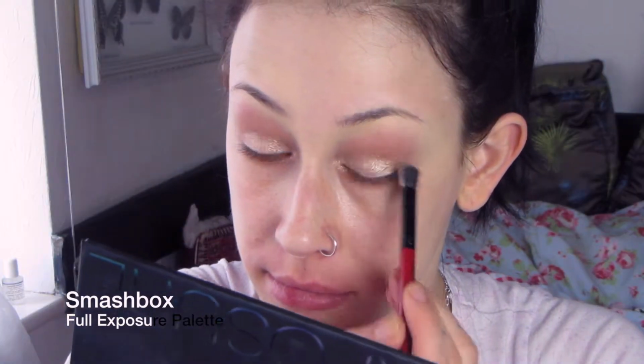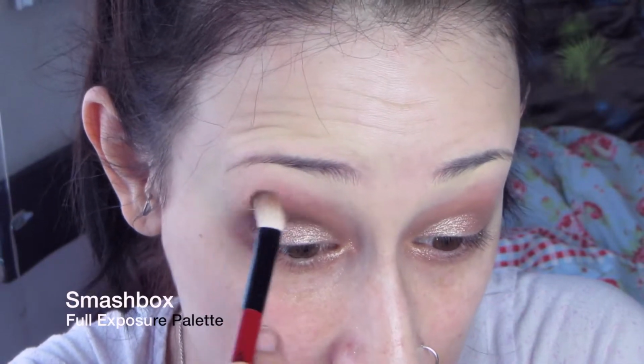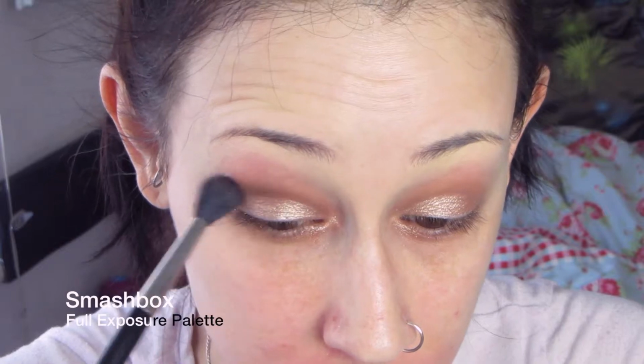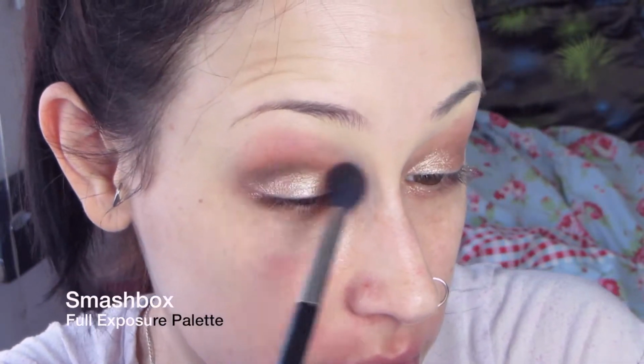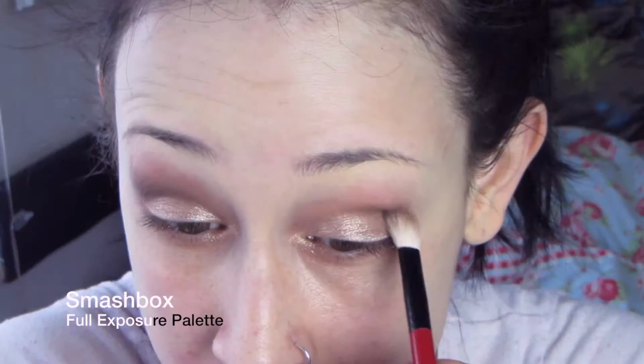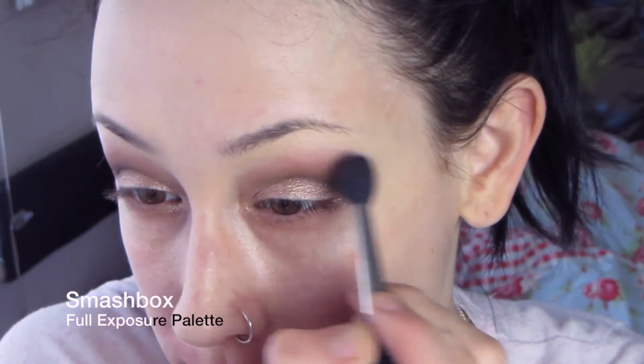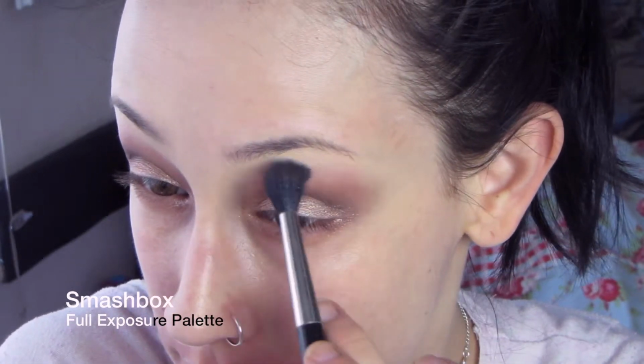If anything, it is a great wedding palette, and it's one that I would definitely use in the future if that is the case. But what I've done is just applied a glitter, matte kind of look, but it's playing around with colours just to give that kind of slight smoky eye ready for the autumn look. And I'm using the actual brush that comes with the palette, which is damn good, so I definitely recommend getting